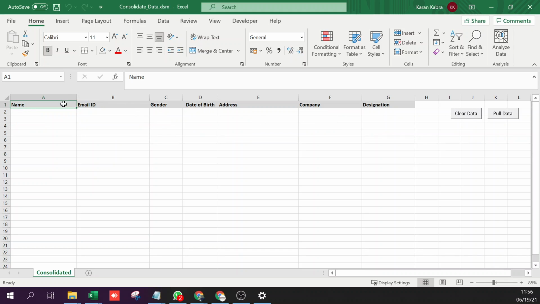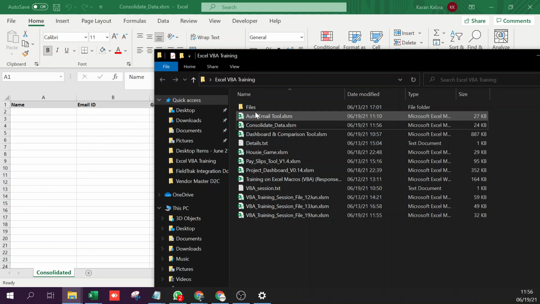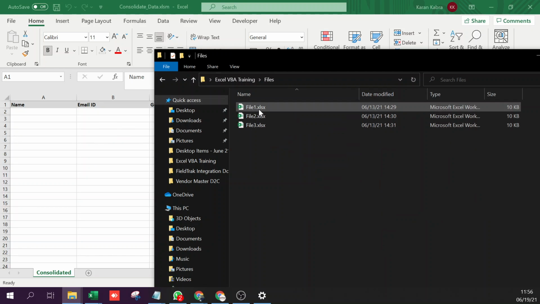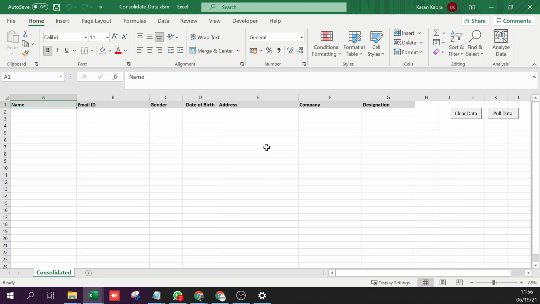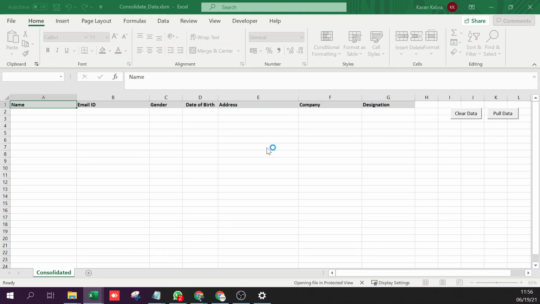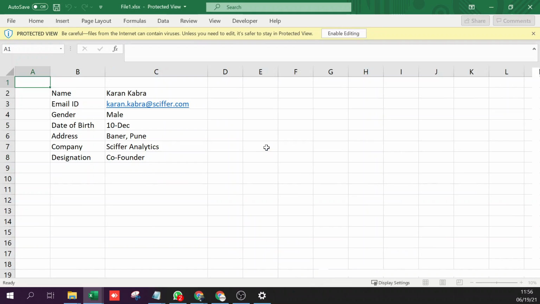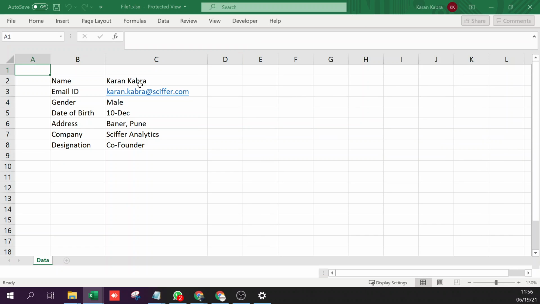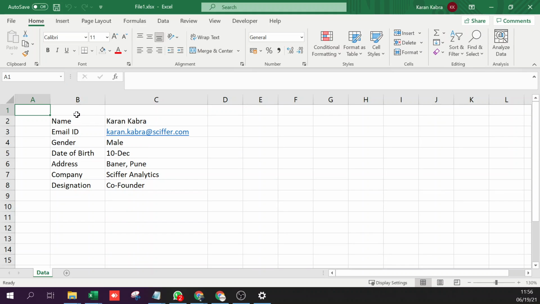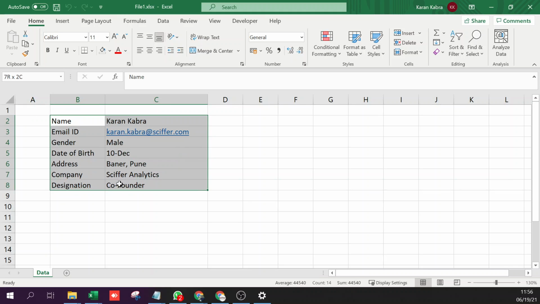Clear data. You can see that there are these columns. And I have created a few files in a particular format. So let me open file 1 and show you. See, all of these files, file 1, file 2, file 3 that are there in that folder, have data in this format.